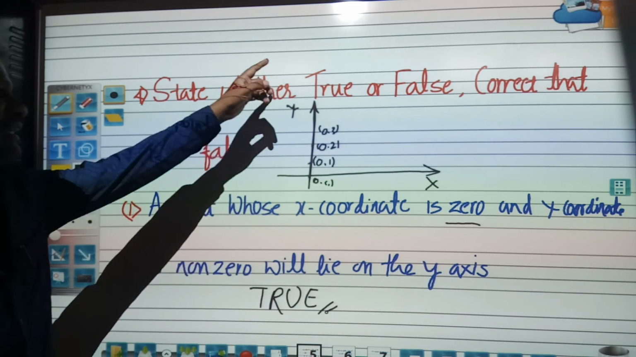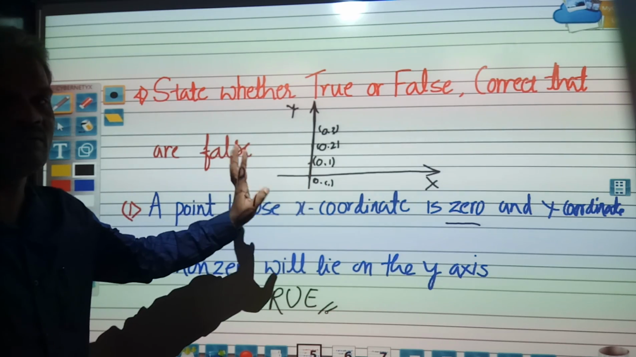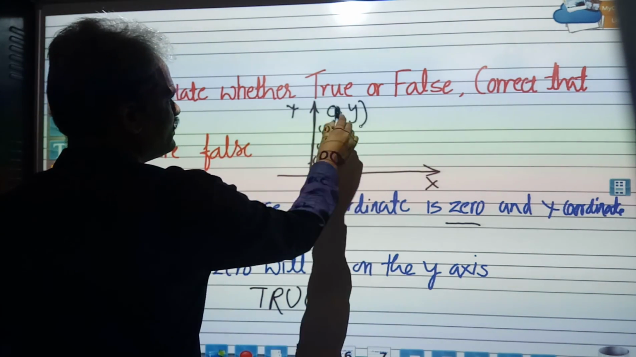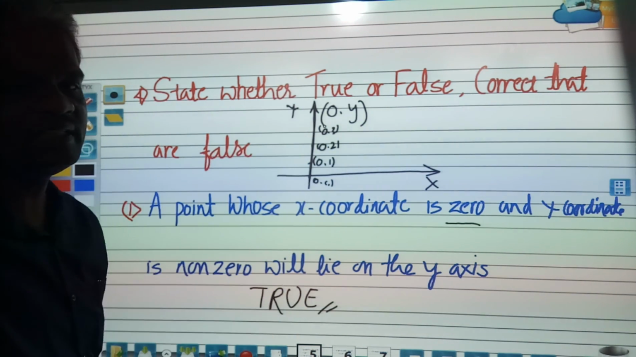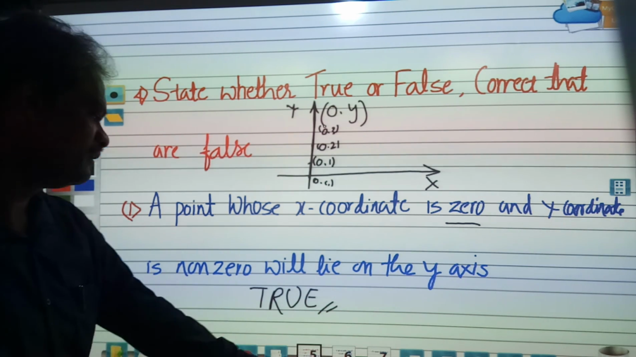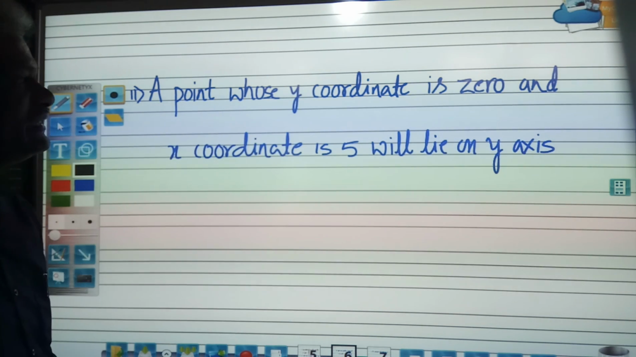The points on the y-axis will always be in the form of 0, y. So the y coordinate can be any number, but the x coordinate will be 0 because the point lies on the y-axis itself. So then next question you see, the point whose y coordinate is 0 and x